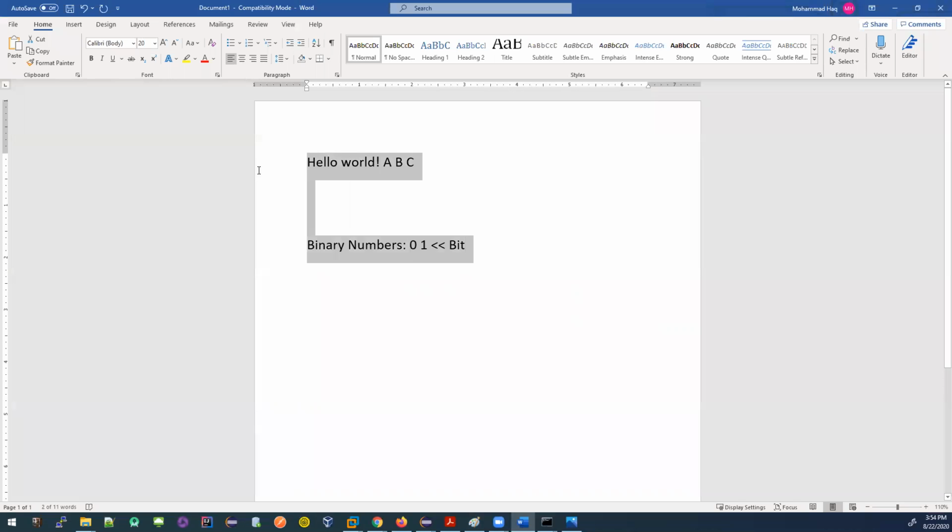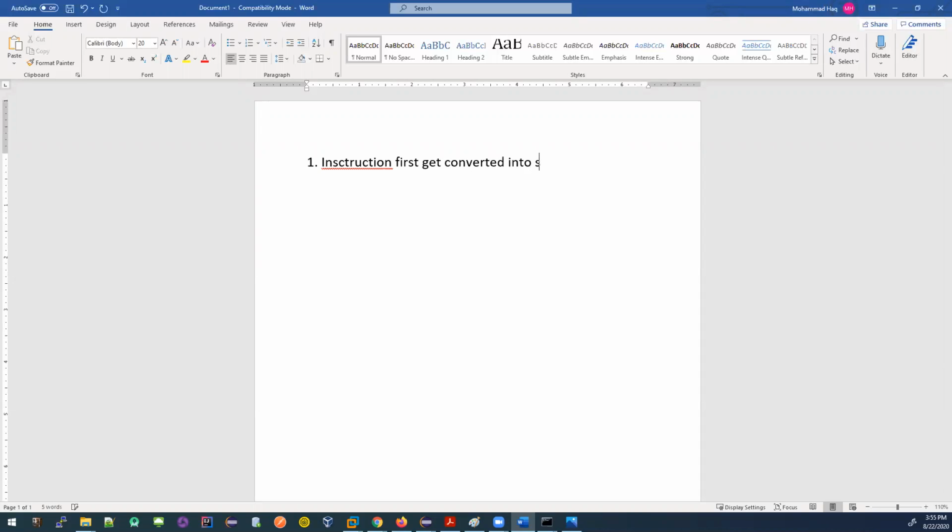So if I write it down here, first, the computer instruction first gets converted into some binary representation.